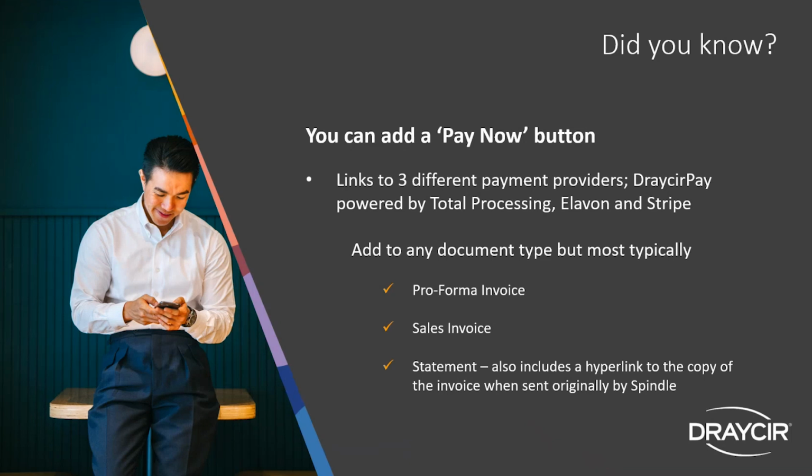And this is the ability to make instant payment. That payment link can sit within the body of the email. It could also appear as a pay now button within the physical invoice statement or pro forma, giving your customers the ability to make payment faster. If you've got customers that don't typically operate to the working hour, 9 to 5:30, again, they might be a sole trader. They might be on site for the majority of that working day. They might be looking to settle their accounts and pay their invoices